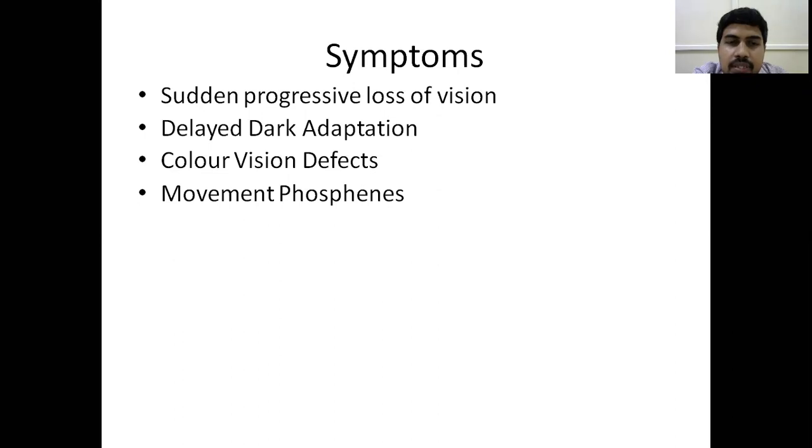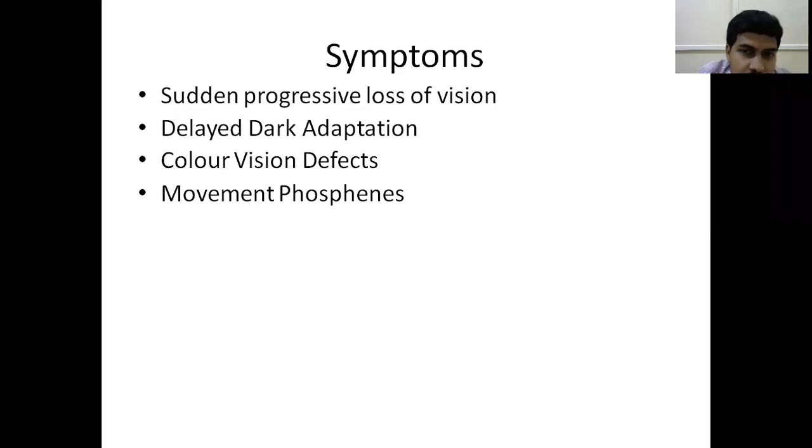Here what happens is, suppose your finger is moving in front of your eye. Suppose there is an optic neuritis patient, and if you suddenly move your finger in front of the patient, this finger movement is not a visual stimulus, but still it brings about a visual stimulus in his eye. He feels as if some light is getting flashed on his retina. That is one thing. Similarly, there can be an auditory stimulus. The patient hears some sounds, and with those sounds, he sees some objects moving in front of the eye. That is known as a phosphene.